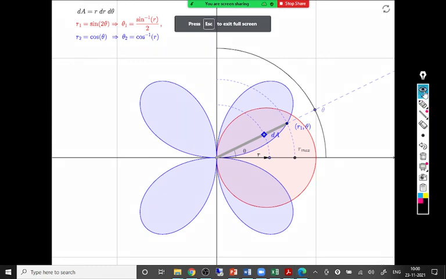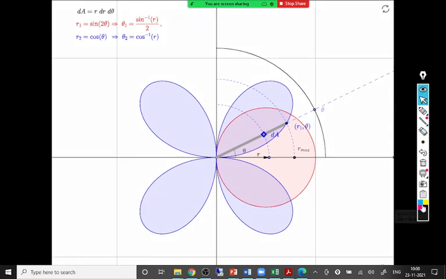Can you see the curves now? The first curve, drawn in blue color, is r equal to sine 2 theta. Actually, this is not a part of our syllabus. This curve, which has four petals, is not required. A sine n theta curve has 2n petals provided n is even, and only n petals if n is odd. So that is a rose curve, and that is not part of the syllabus.